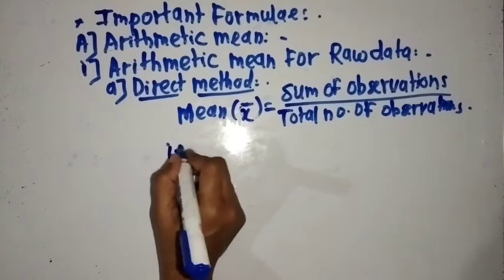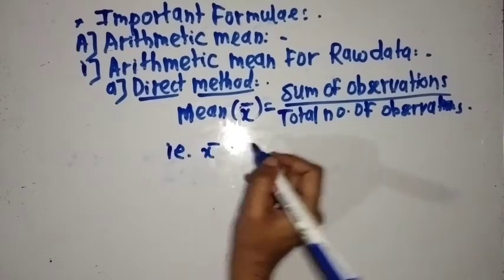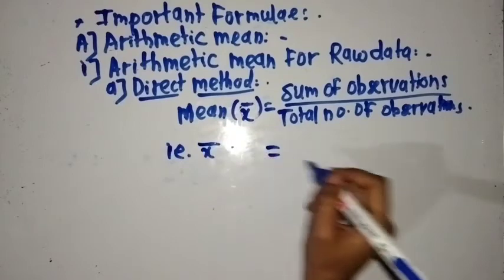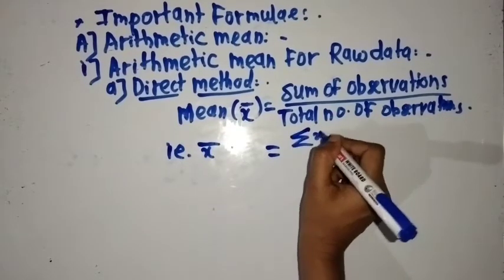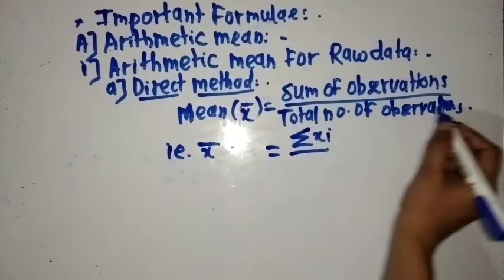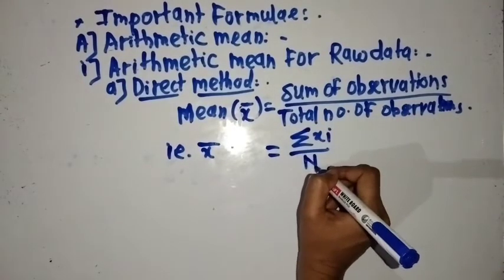Hence x bar is equal to sum of observations means summation of xi and total number of observations is n,